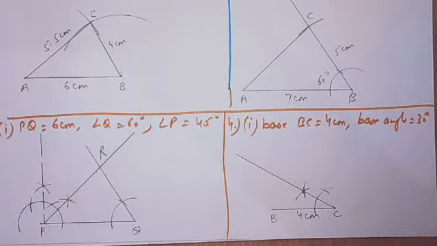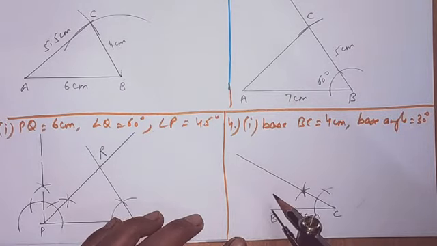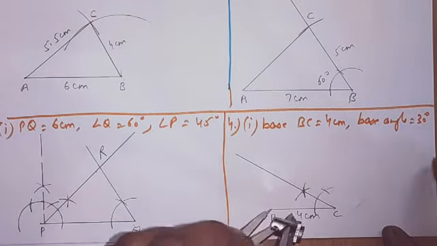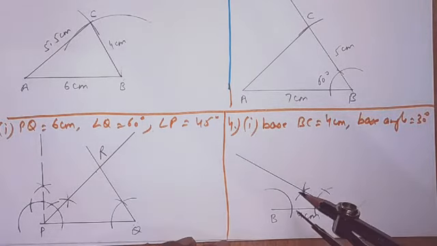Similarly, we will construct an angle of 30 here also at point B, because both my base angles will be here. BC is my base, so base angles will be here only.